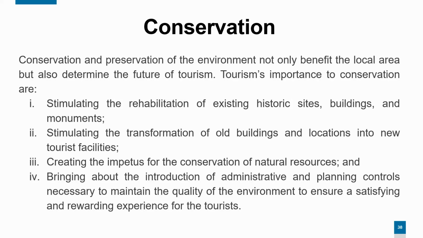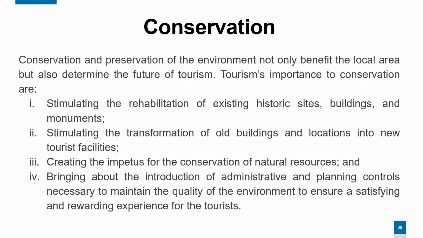So Matheson and Wall, cited by Landberg in 1995, identified 4 ways in which tourism and hospitality has been important to conservation. So these are stimulating the rehabilitation of existing historic sites, buildings, and monuments, stimulating the transformation of old buildings and locations into new tourist facilities, creating the impetus for the conservation of natural resources, and bringing about the introduction of administrative and planning controls necessary to maintain the quality of the environment to ensure a satisfying and rewarding